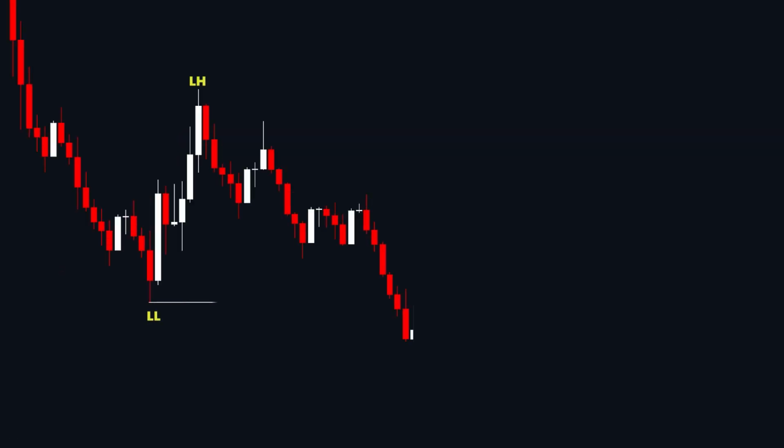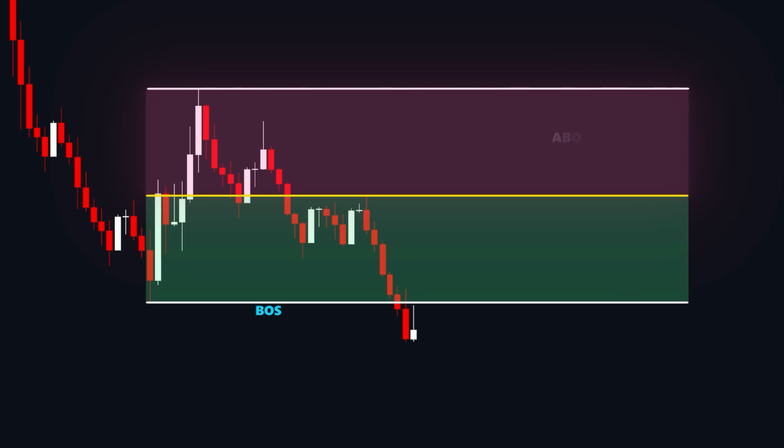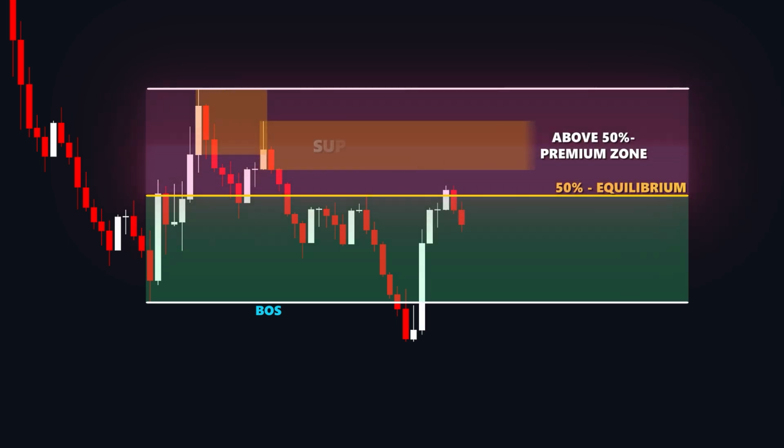Alright, now let's flip it and talk about a downtrend. Picture price making lower highs and lower lows, just a steady move down. After a big drop, price usually pulls back up a bit, but this time, we're not looking to buy. We're looking to sell high. Same idea. Grab your Fibonacci tool, but now measure from the highest point down to the lowest point. If price pulls back to 50% or higher, that's your premium zone, the sweet spot to look for sells at